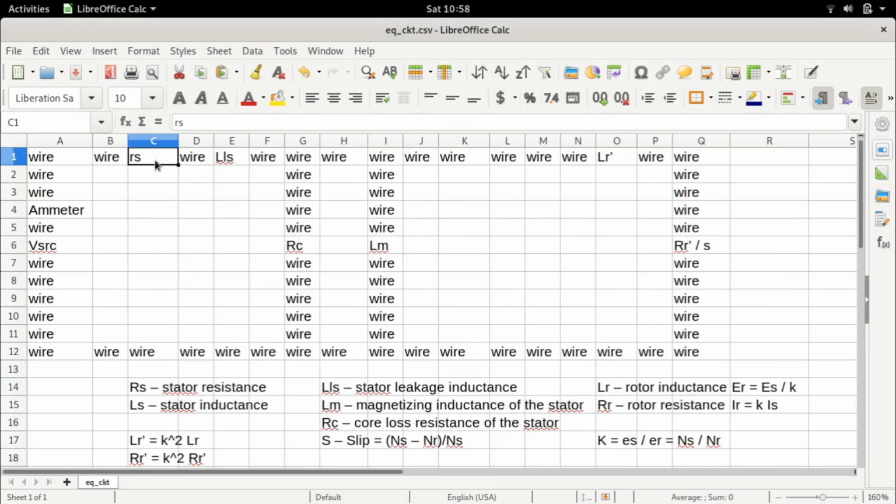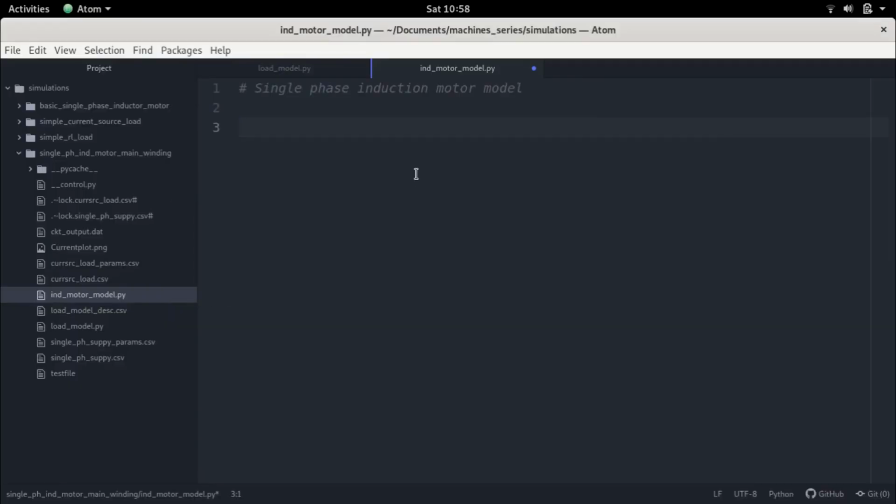You're going to bring in the stator resistance, the stator leakage inductance, the core loss resistance, the magnetizing inductance, the rotor inductance, and the rotor resistance. All these parameters that are there in this equivalent circuit will now have to show up here in this induction motor model. So this induction motor model will include all the parameters in the single phase